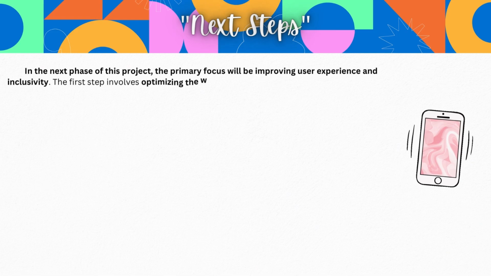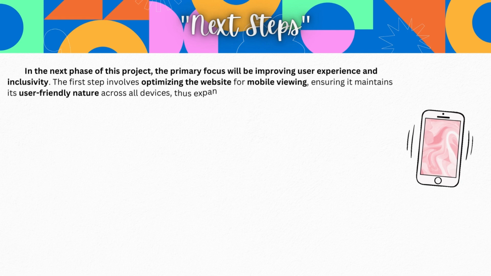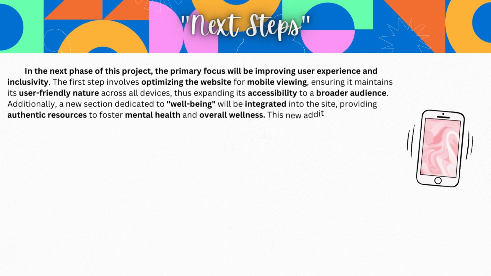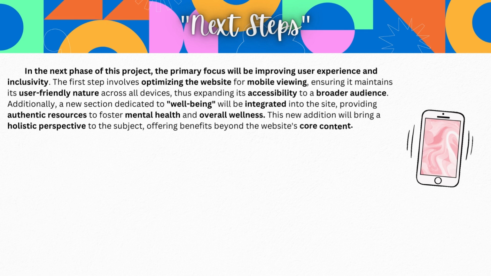Next steps. In the next phase of this project, the primary focus will be improving user experience and inclusivity. The first step will involve optimizing the website for mobile viewing, ensuring that it maintains its user-friendly nature across all devices, thus expanding its accessibility to a broader audience. Additionally, a new section dedicated to well-being will be integrated into the site, providing authentic resources to foster mental health and overall wellness. This new addition will bring a holistic perspective to the subject, offering benefits beyond the website's core